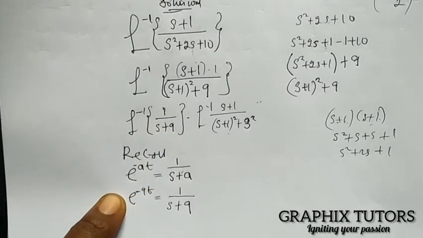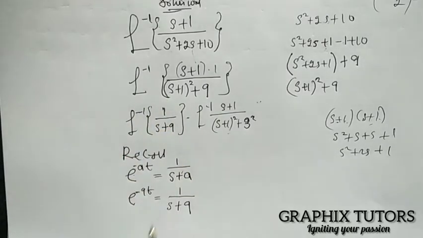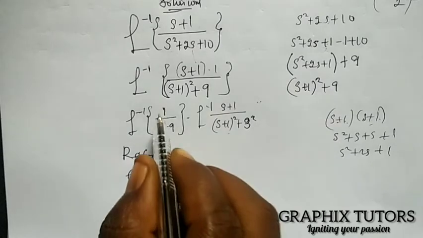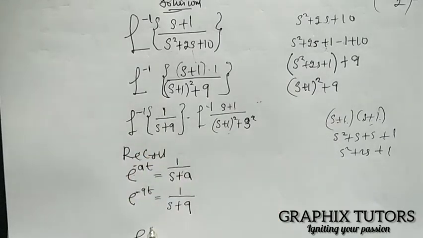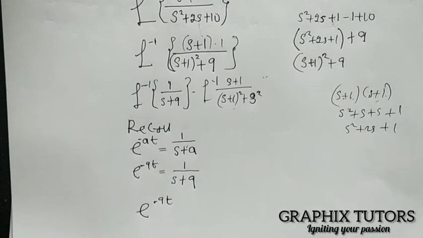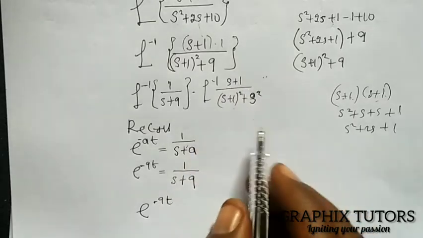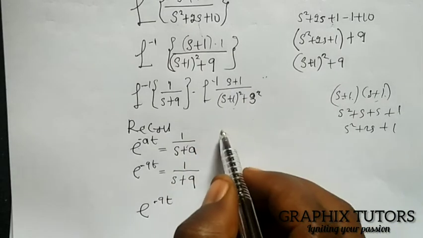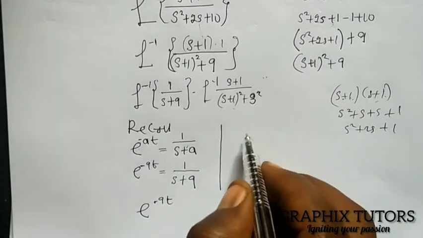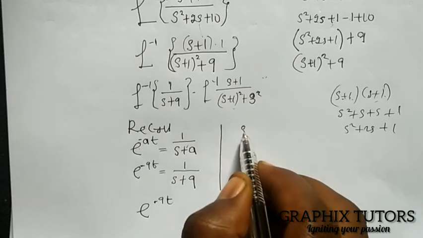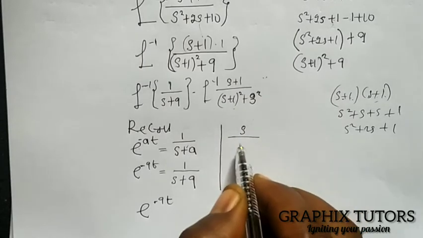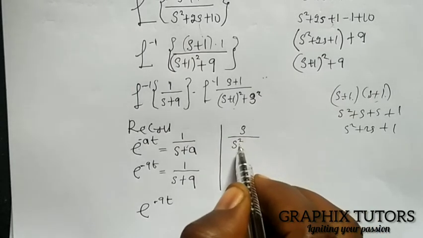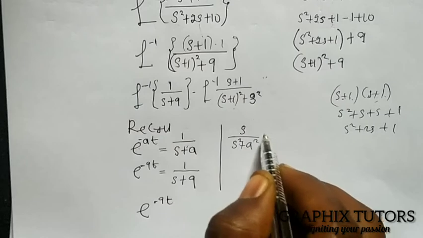So I'm going to write this as saying that from here now I'll have e raised to the power of minus 9t. Is that taken? And this now, once you have the same, recall also, if you have s all over s squared plus a squared, it will give you